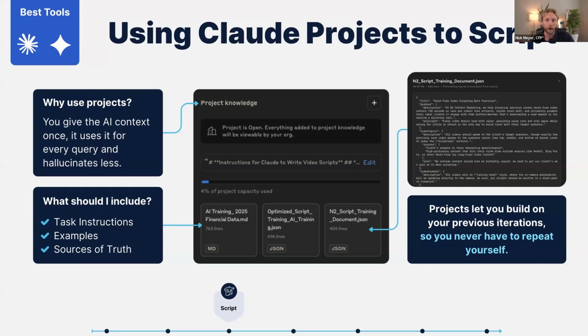So these three combined with a big instruction set gives this model enough context for you to give those level 0 inputs. And in this case, give you pretty good scripts as an output. Now, it is important to note that the level 1 way of using AI gave you like a 50% of the way there output. On the higher end, this will give you like a 70 to 75% of the way output. It is important to note we still have to hire script writers here at N2 to finalize these in order to make them client ready. But this is a great step forward from level 1.